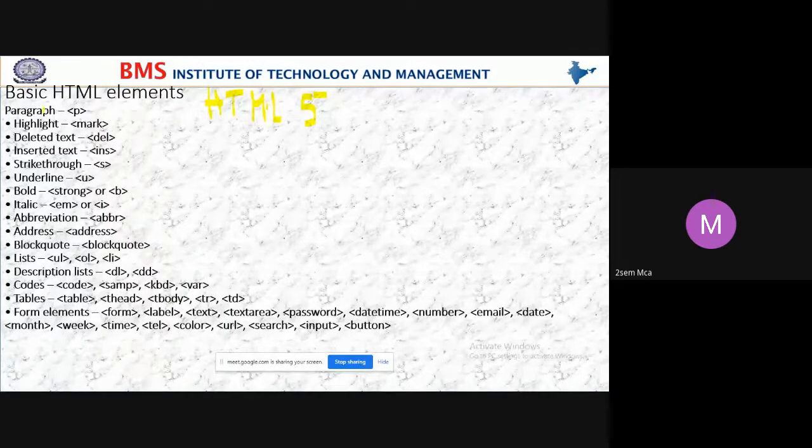Paragraph tag. Did we use this paragraph tag, students? Yes, ma'am. Yes, we have used the paragraph tag. Highlight tag, to highlight some information.